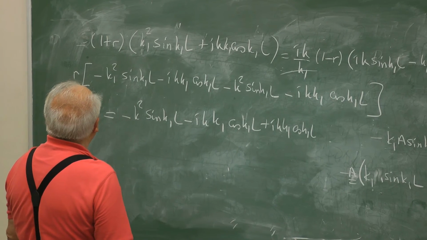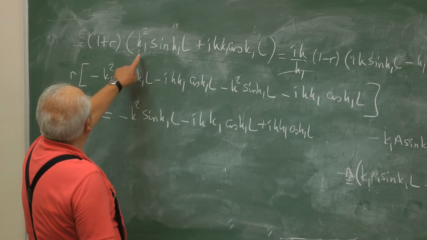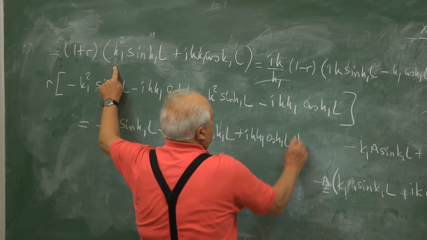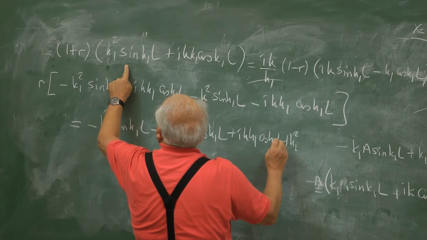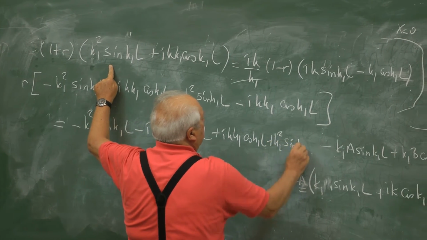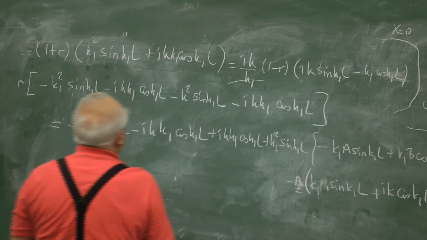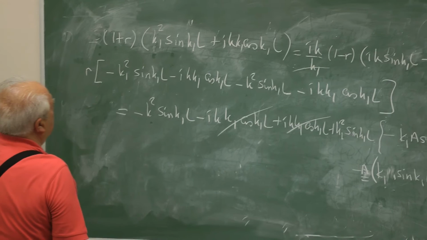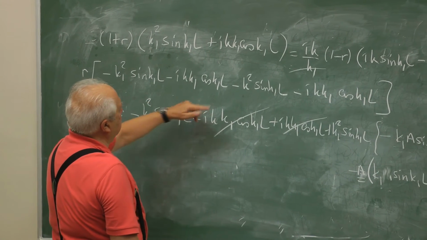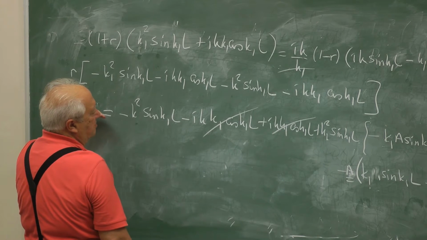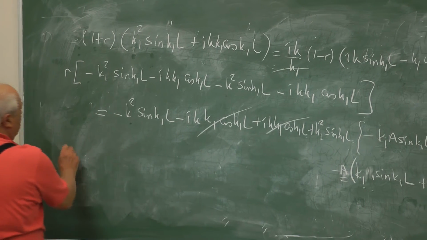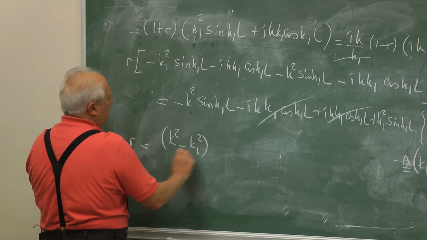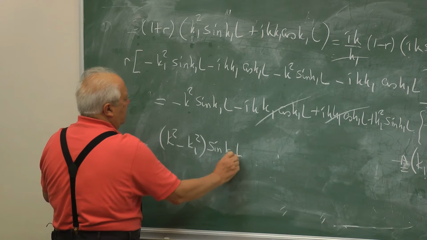Only one term is left, this one, 1 minus plus k1 square plus k1 square sine k1 L. So this knocks it off. Every term has a minus sign here, so there's an overall minus. So we change the sign. So R is finally k square minus k1 square sine k1 L